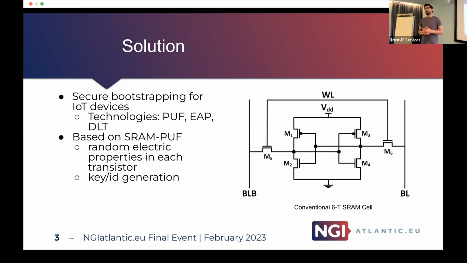Our focus is IoT devices and how they are used in industrial environments. We see now that more and more IoT devices are becoming part of industrial environments. They are becoming part of critical infrastructure, and their security is of prime importance. And here the idea with the solution was that these IoT devices currently use static identifiers, which are based on strings. And these identifiers are not unique, first thing, and they are just based on strings.